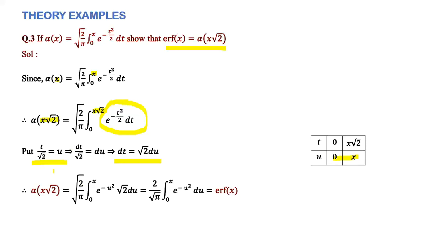So this alpha of x root 2 is equal to, this constant term as it is, root 2 by root pi. Now your new limits are from 0 to x, e raised to minus, and with t by root 2 equal to u, t square by 2 becomes u square. So this becomes e raised to minus u square. Your dt is root 2 du, correct? Now root 2 times root 2 becomes 2, so this constant term is 2 by root pi. In the bracket you will have integral from 0 to x of e raised to minus u square du, and that is nothing but your error function. This is the actual definition of error function, 2 by root pi, integral from 0 to x, e raised to minus u square du. So hence LHS is